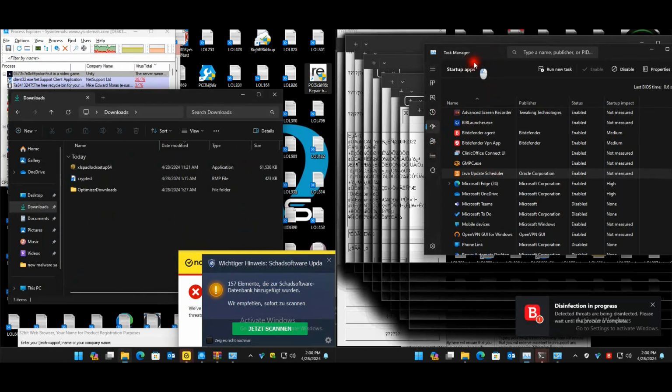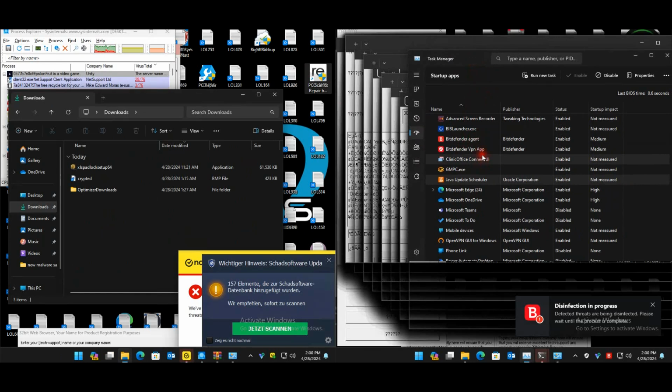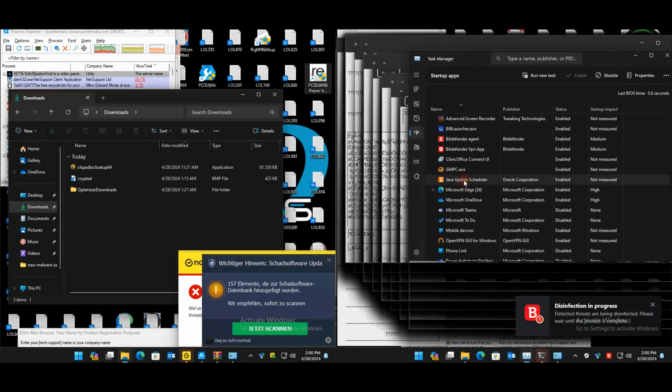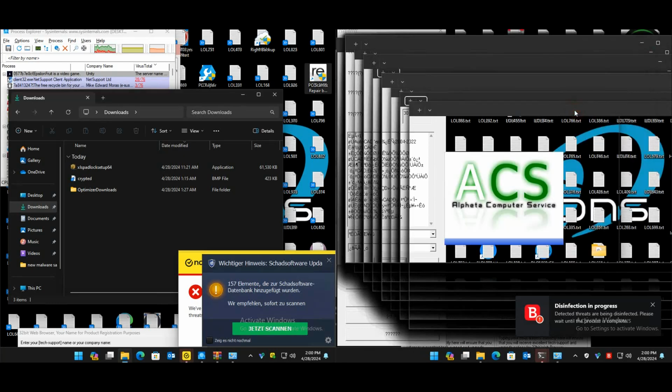Let's have a look at Bitdefender. Just your business in a box, etc. And yeah, okay, cool. It doesn't seem like we've got any. These ones I know are not really malware. I've seen them before. So according to startup items, it seems like Bitdefender is in a better condition.